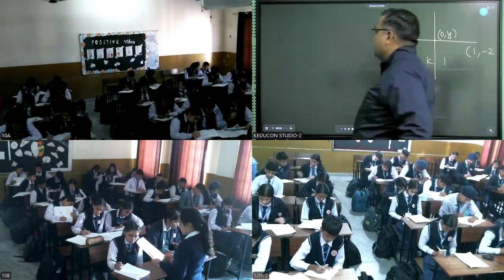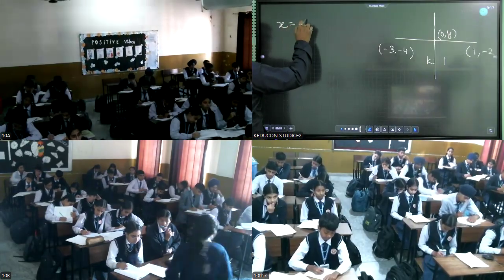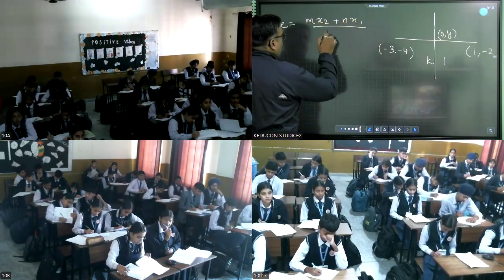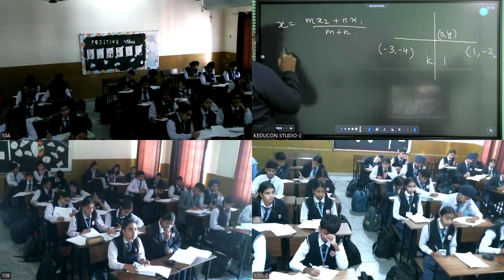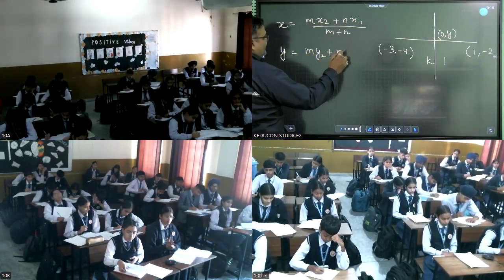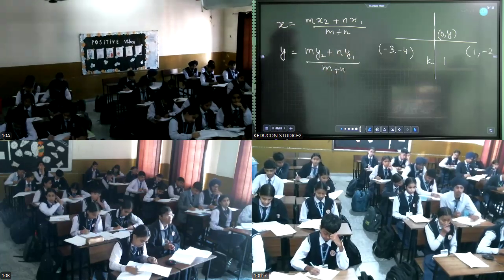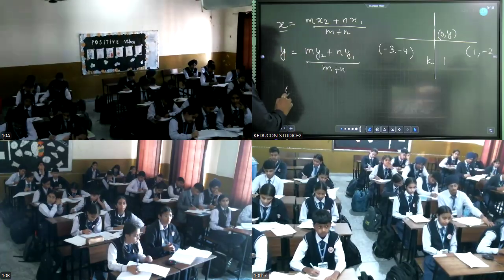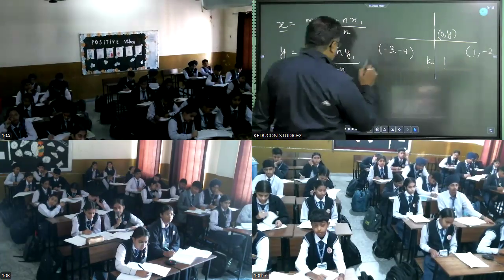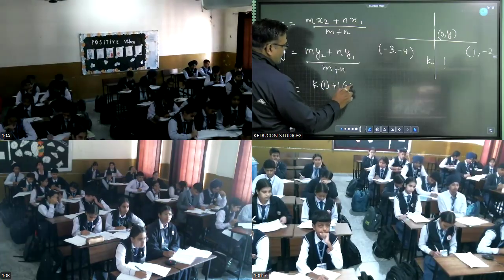बच्चों, section formula क्या होता है? X coordinate is equal to (mx2 plus nx1) over (m plus n). Similarly, y coordinate is equal to (my2 plus ny1) over (m plus n). So when you have to find the x coordinate given 0, the ratio is k is to 1. K multiplied by 1 plus 1 into minus 3 over